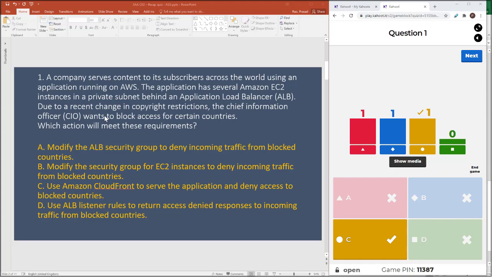The first question is all about, due to the change in recent copyright restrictions, we need to block access from certain countries. So the best way to do it is at the CDN level, which is Content Delivery Network, and Amazon's Content Delivery Network is CloudFront, and hence the correct answer is option C, which is use Amazon CloudFront to serve application and